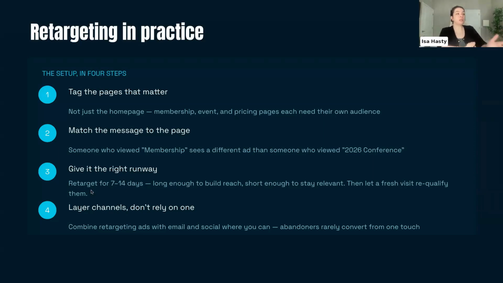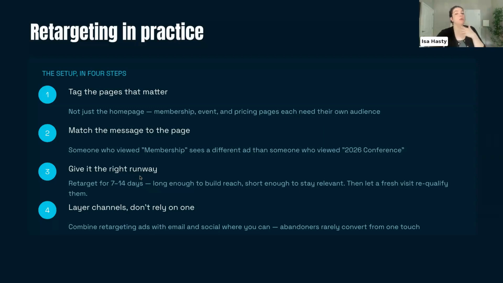So these windows can really vary depending on what you're doing and what you're selling. Something like a ticket to a show that's coming up in a week, there's going to be a tighter window for retargeting people and driving urgency versus a longer tail buying decision like becoming a member, right? So this might not be long enough for that. You might be retargeting people for weeks or months based on them having visited a membership page, trying to get